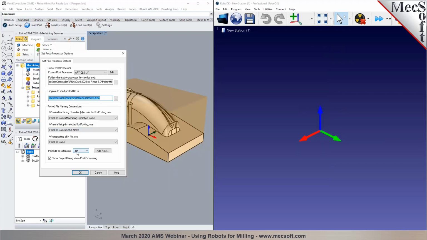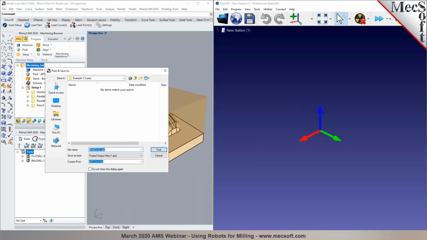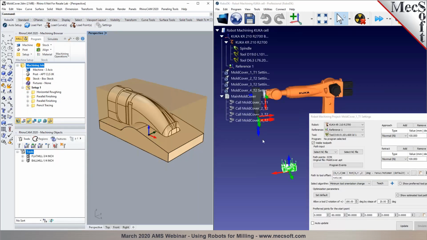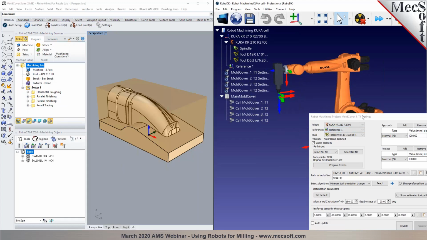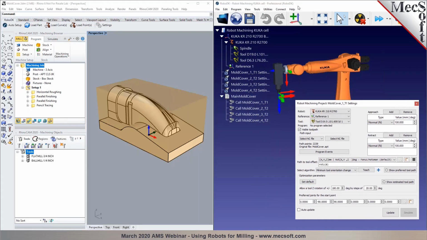And also make sure to select the extension APT. Other posts may work as well, but this is the one we're using internally to test everything and make sure everything works correctly. So you can right-click your project, select Post All. Make sure to choose a meaningful name. So it will be the same name that will be used in the controller when you generate the program for your robot controller. And here we can see